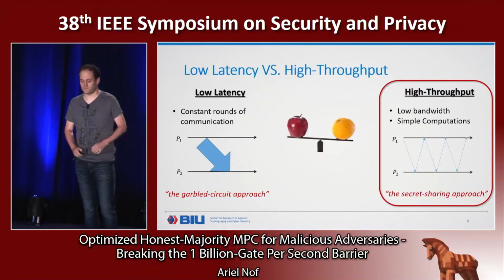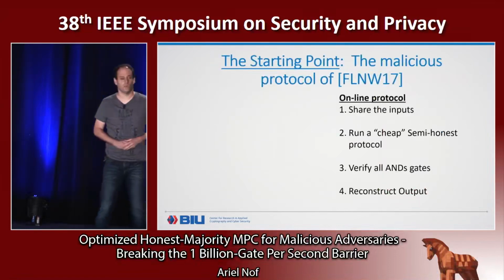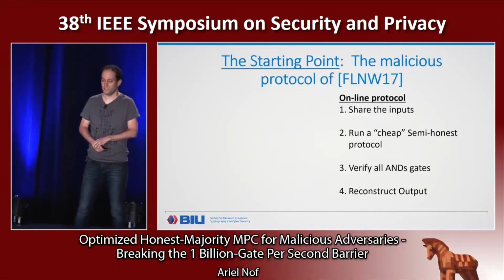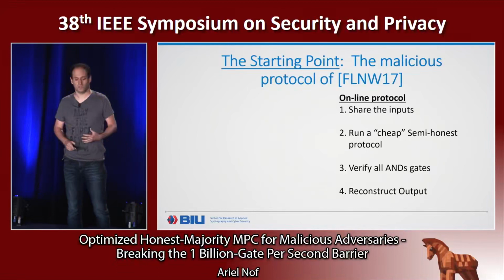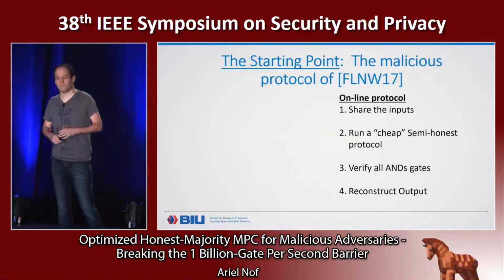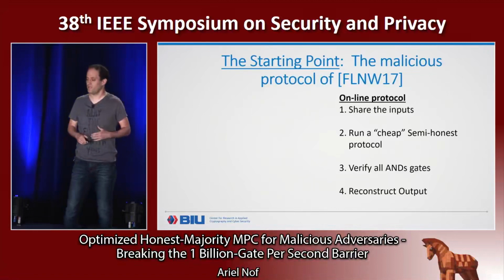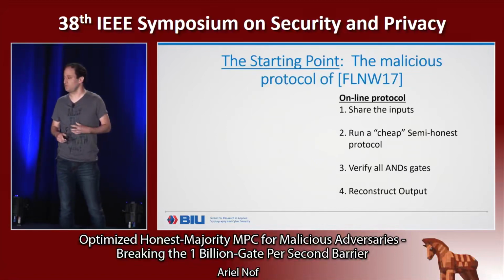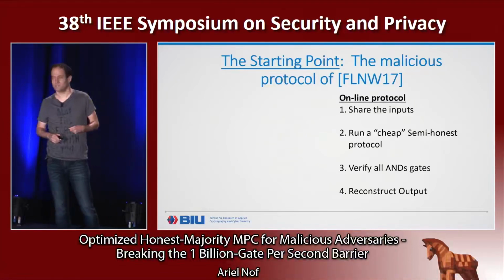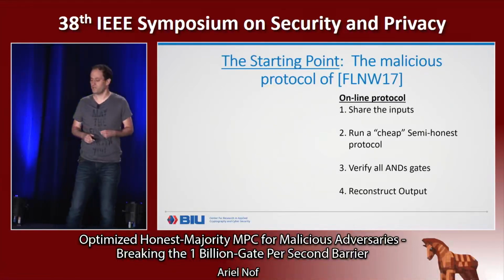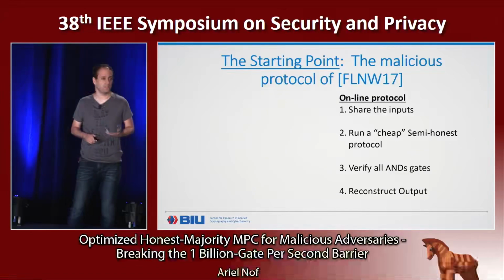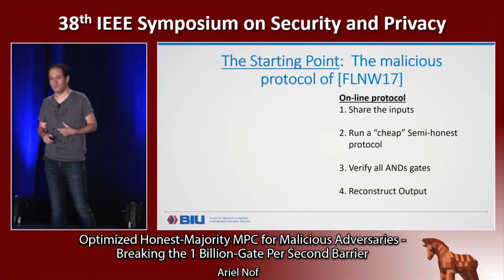So the starting point of our work is the malicious protocol from a previous work of ours. It works in the following way. There is an online protocol where the parties share their inputs using some secret sharing scheme, and then they run a cheap semi-honest protocol to compute the circuit. And then before we reconstruct the values on the output wires, we have a verification step, because in the semi-honest protocol, obviously, the corrupted party might have cheated. So we need a verification step where we verify